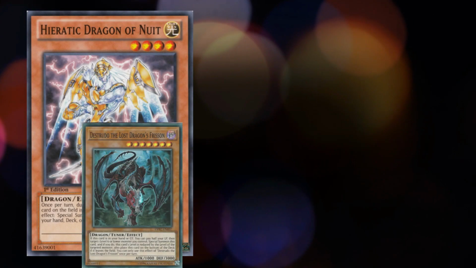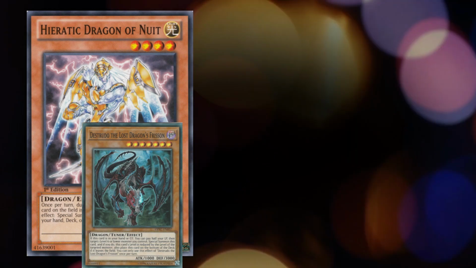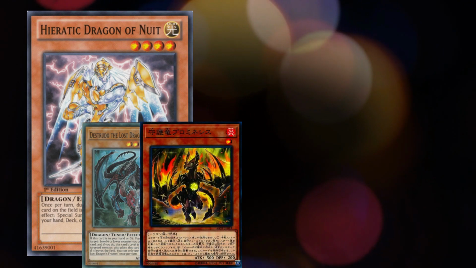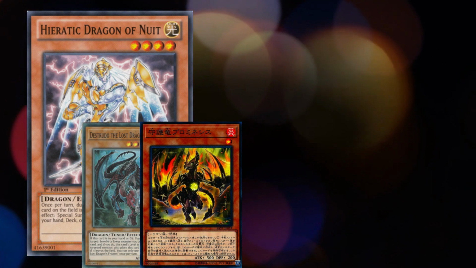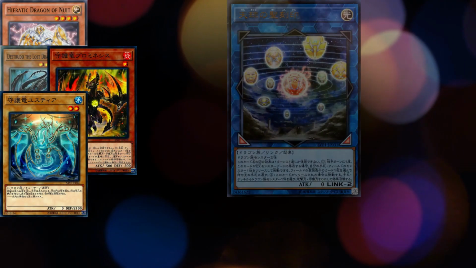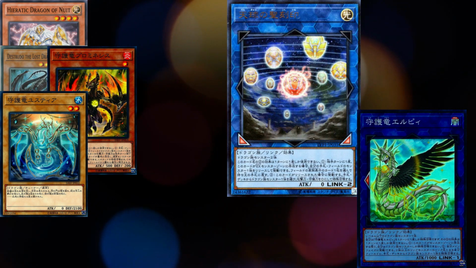The most powerful starter of the Guardragon is the interaction between Erratic Dragon of Nuit and Destrudo the Lost Prison Dragon, or Prominesis the Guardragon. By using their effect targeting Nuit, it will trigger and special summon a normal dragon monster from your hand, deck or graveyard. This lets you go already in a Link 2 and one of the 2 Link 1 Guardragon, LP